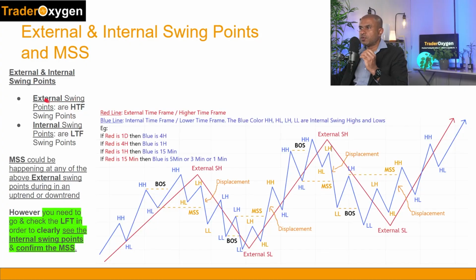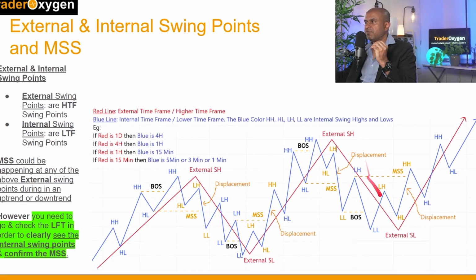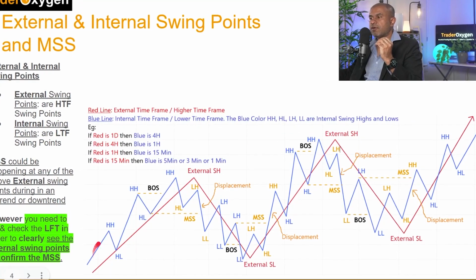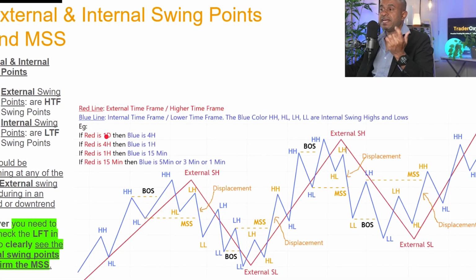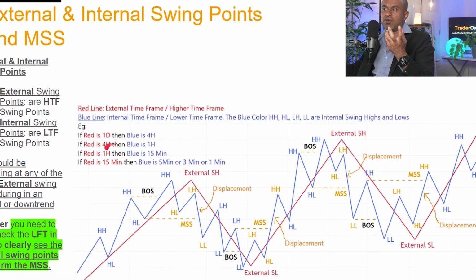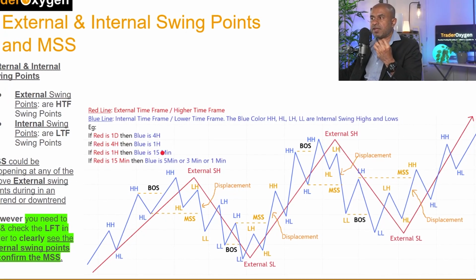Okay, so now we are going to look at external and internal swing points and market structure shifts. Let's jump into that now. External swing points are the higher time frame swing points. Internal swing points are the lower time frame swing points. As you understand, in top-down analysis, we have our higher time frame, the red color line, and then we have our lower time frame, the blue color line. The higher time frame can be daily, then the lower time frame is 4-hour. For example, if the higher time frame you consider is the 1 hour, then your lower time frame is the